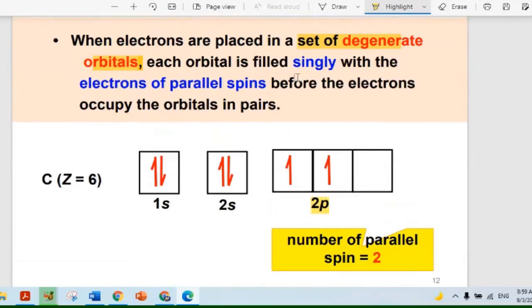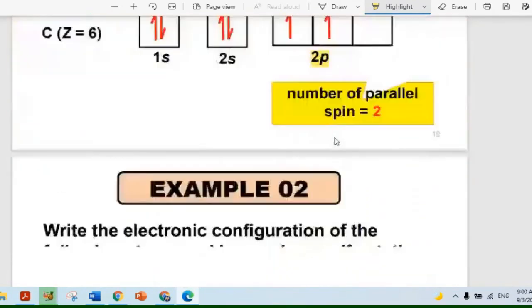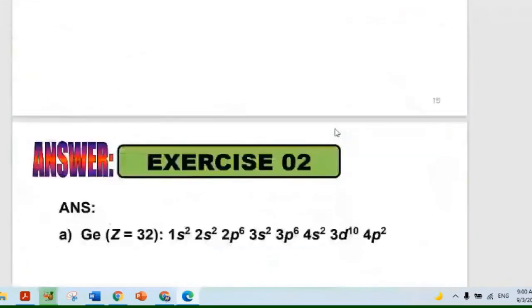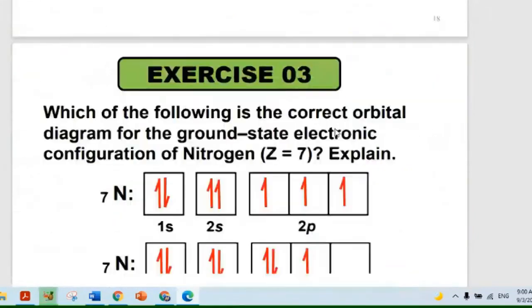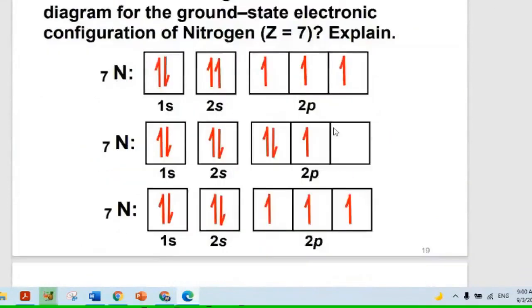Okay, jadi kita buat apa? Each orbital must fill singly with electron of the parallel spin. Satu, satu, satu dulu. Share equally first. And then with the same spin before the electron occupy the orbital in pair. So ini yang Hund's rule kata. Okay, so these are the 3 main rules you need to know. Okay, then after that, you try to fill in the electron and then apply the Aufbau, Hund, and Pauli exclusion